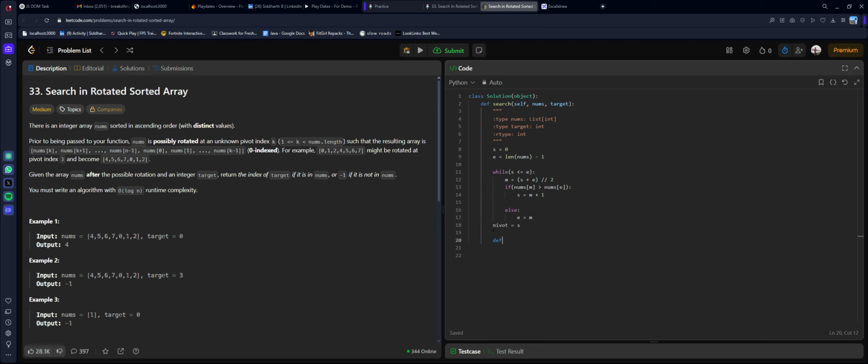So we'll have a function to binary search. So def binary search. For binary search we need the left and right pointer, correct? So I'll have my left and right pointers as input. Sounds good. Now I just have to do this, and inside this I can just do a regular